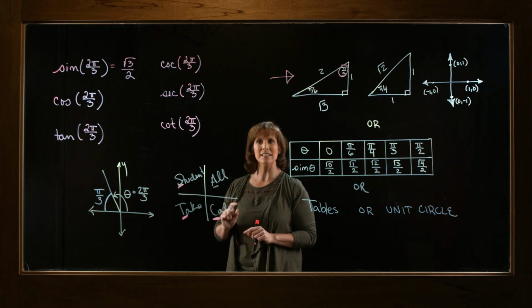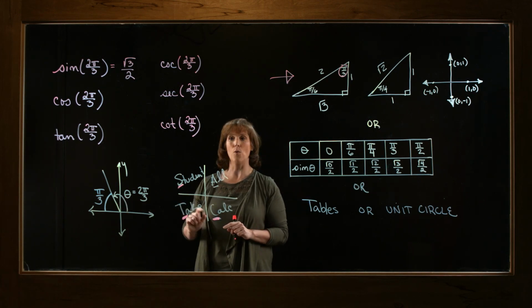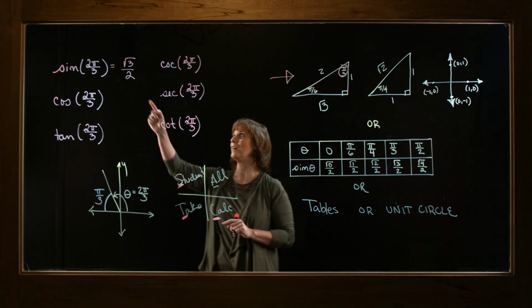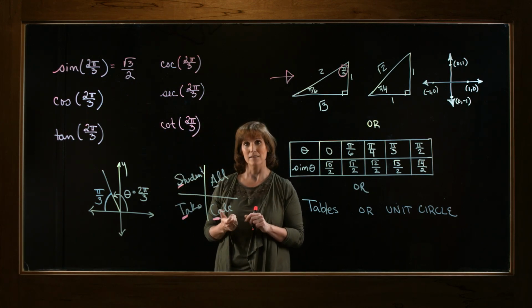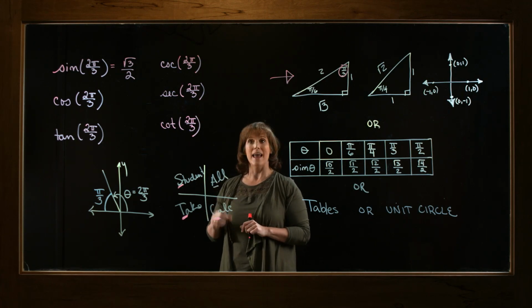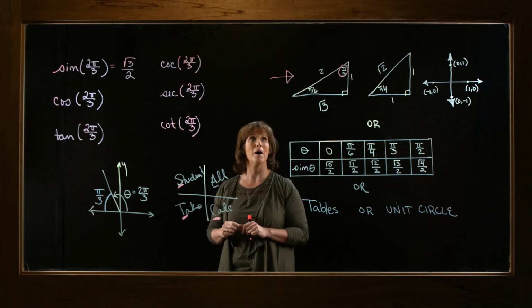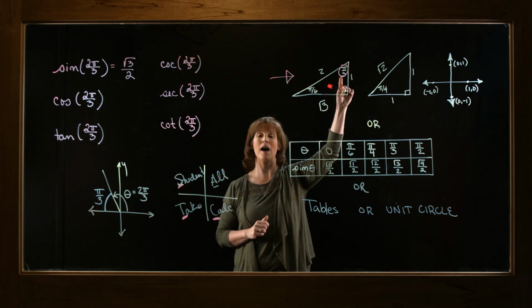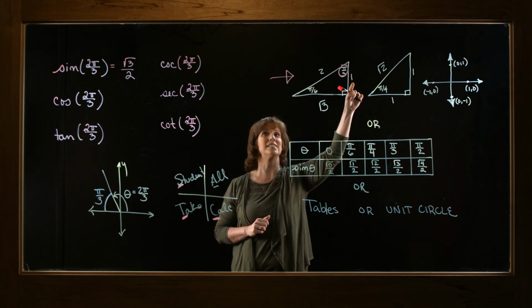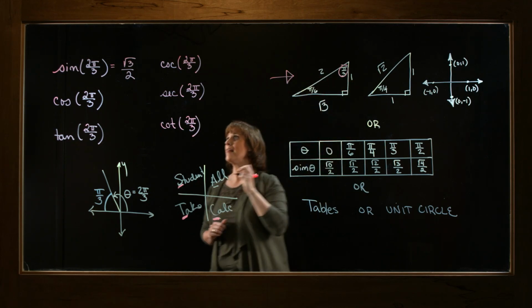All right, now based on this information, I'm in the second quadrant. So the sine and the cosecant should be positive. So my sine is square root of 3 over 2. All right, let's keep moving. Next, I want the cosine of 2 pi over 3. So I'm going to use pi over 3, my reference angle. The cosine is the adjacent over the hypotenuse. That gives me